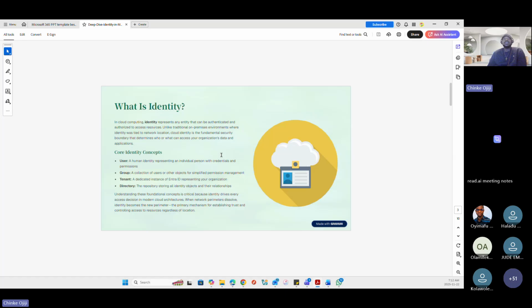So you, as an operator or admin of an organization with 50 users, need to create identities for them, because this is what they're going to use to access those resources. As we said, it can be a user, it can be a group, and it can be a device as well. Most organizations join all their devices to Entra ID, thereby giving those devices identities, making them easy to manage, easy to track, and easy to protect within the organization.